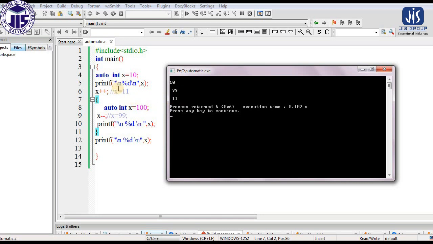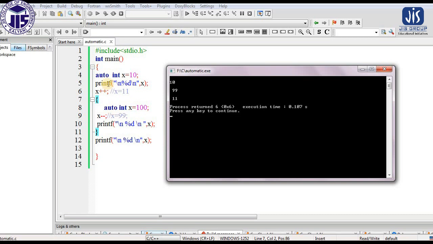So inside the blocks number 7 to 11 instruction, inside the small block, whatever value of x we are accessing, whatever value of x we are printing, that is this x variable, which is equal to 100. Then after the decrement, that becomes 99. But as soon as we get out of the block and we are again writing x, it is not representing the same x, it is representing the previous x now.